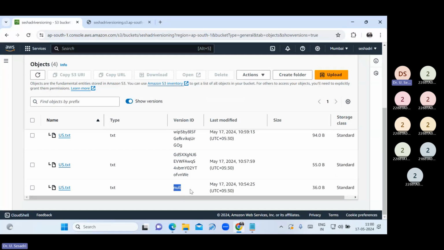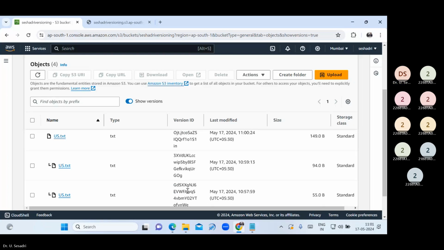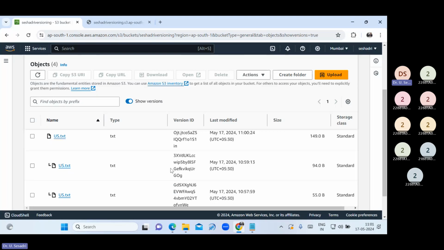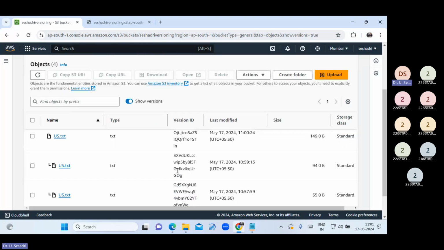That's why the version ID is null. After that, the 3 times I'm uploading. See that this is the first version. This is next. After that, recently I'm uploading this one. Suppose I want to view the